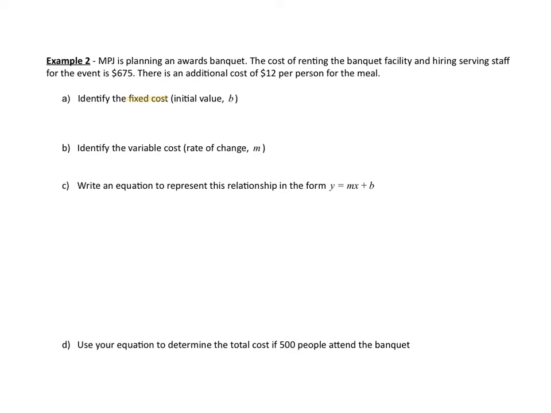So the fixed cost is going to be the $675. That is a price that is not going to change. So just to rent the banquet facility and hire the staff, it's going to cost you $675, even if no one ends up showing up to this party or this event. You still need to pay the money to rent the facility for the event and hire the serving staff, and they need to be paid regardless of if anyone shows up to the party or not. So our fixed cost, or B, is going to be